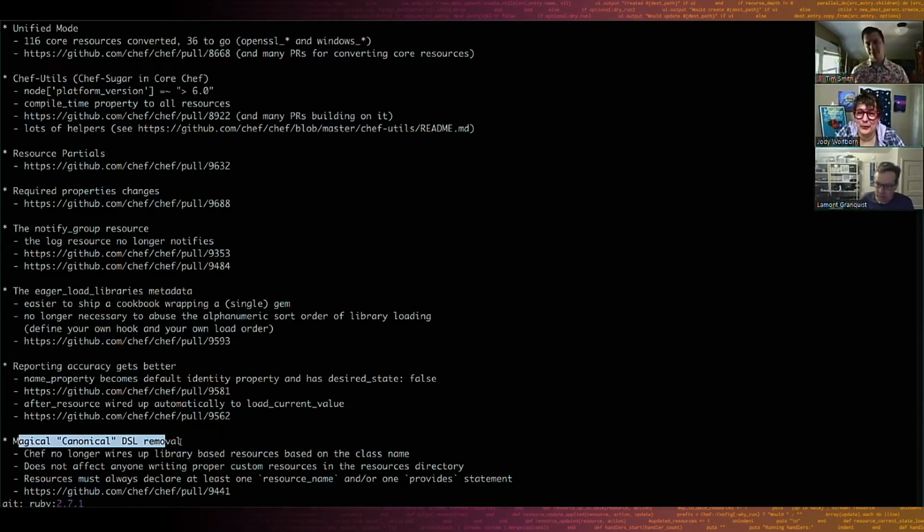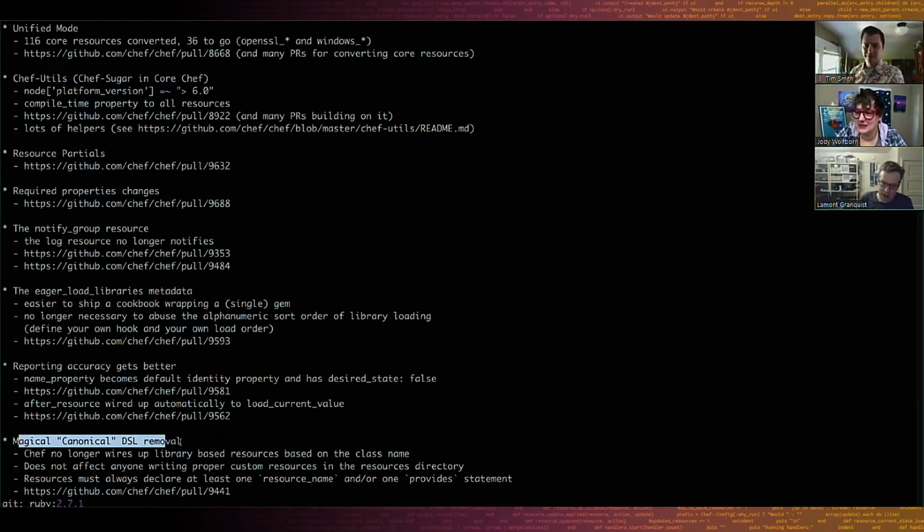When would you encounter these? Like when would a user have encountered that issue? Well, this is the way everything was done. I mean, it's library providers, right? If you've looked at the MySQL cookbook, but don't, particularly older versions of the MySQL cookbook, where everything is in the libraries directory, so all your resources and providers are there, and so all the classes get names.